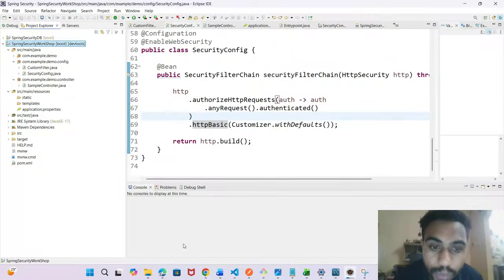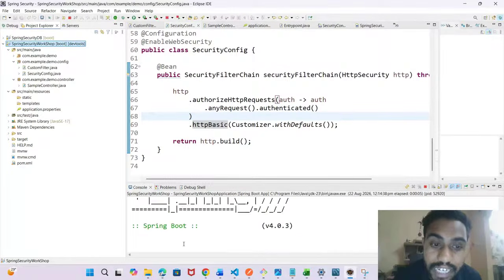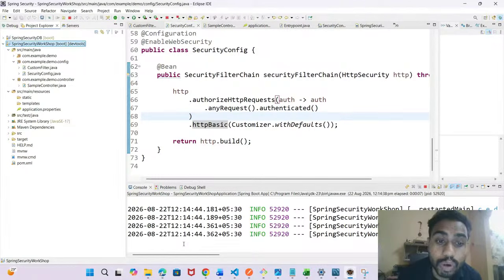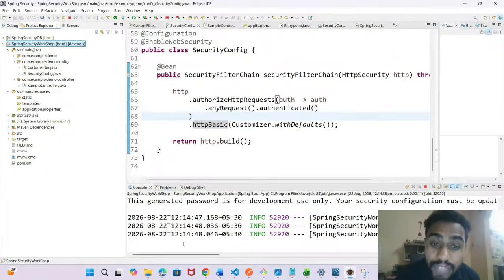Yes, again, you can see the flow. First, it will go to security context holder filter. Then it will go to the basic filter. Then it will go to the provider manager. Then it will go to the provider. That is the flow, guys, you should understand. After the provider there is one more layer. Let me explain that when the respective example comes. Just hold on until that time.